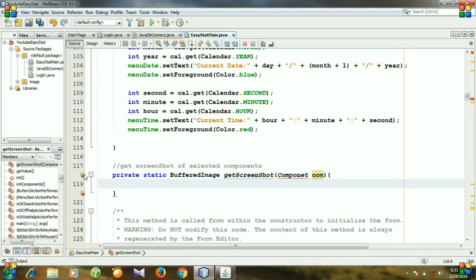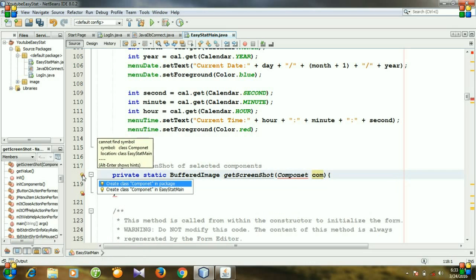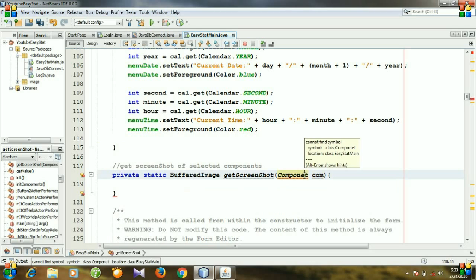Then an error message is shown. Let's click it. Create class Component in package.